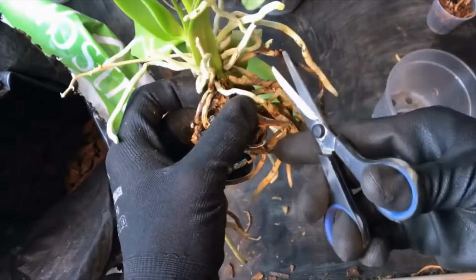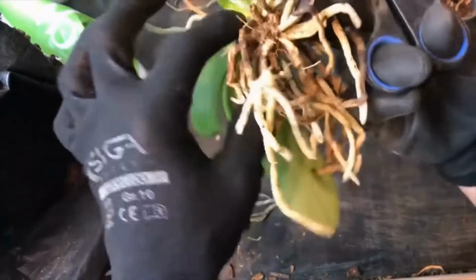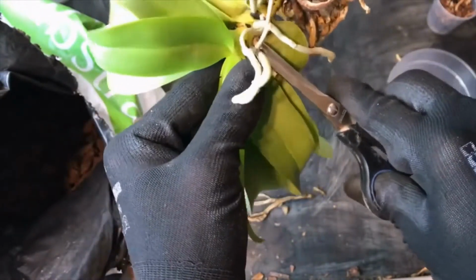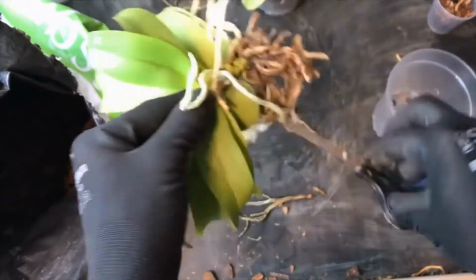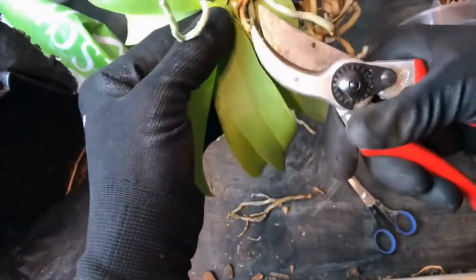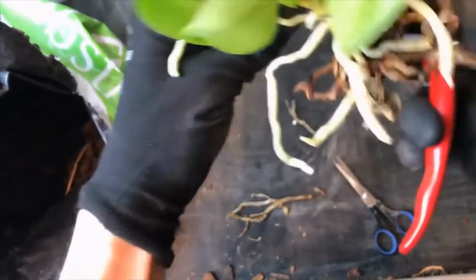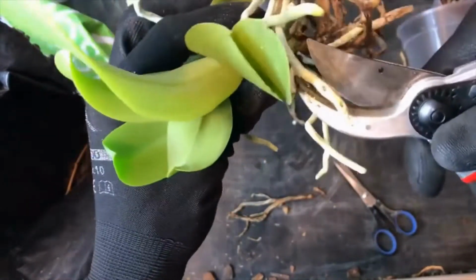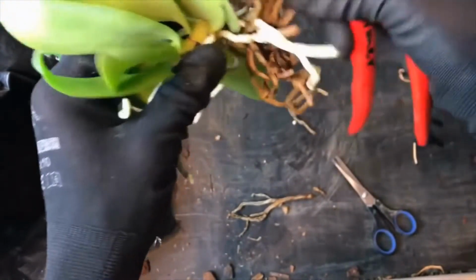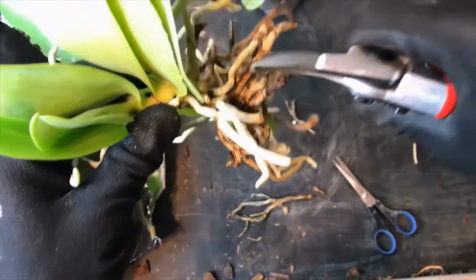What I'm doing now is, first of all, remove all these dried and old roots, and also the old flower shoots. I can't do that with this small pair of scissors anymore. Then I need a slightly stronger pair of scissors. You can find old flower shoots everywhere. You can remove them. Since I already have the scissors in my hand, I can cut there. Also with this cutting,